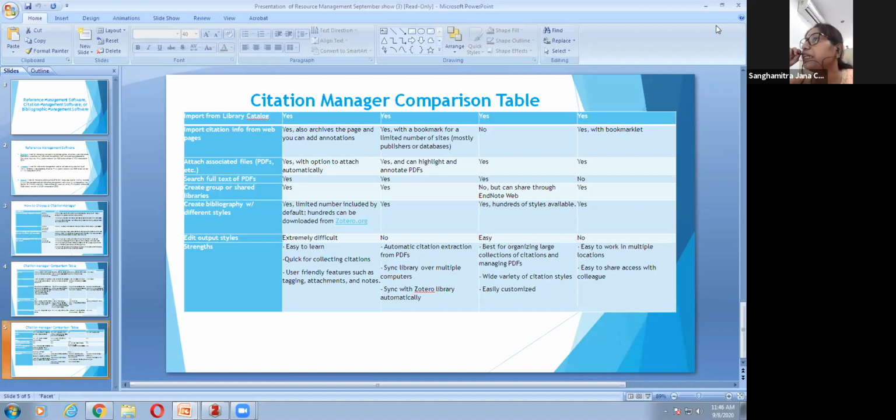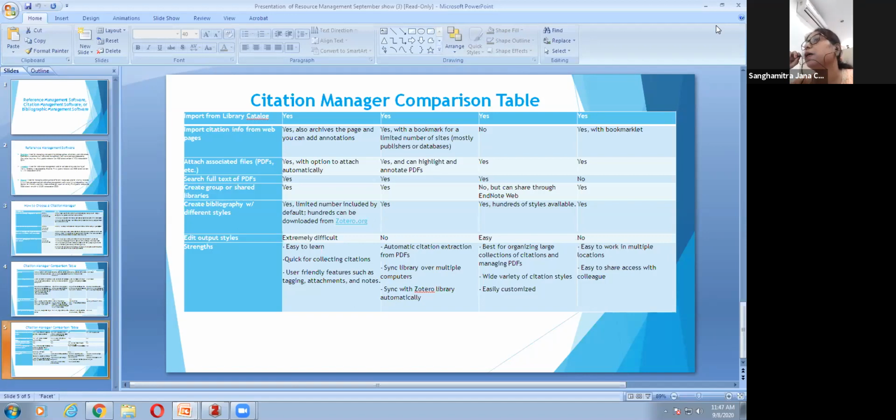Attach associated files like PDF, etc.: option to attach automatically. For Mendeley, you can highlight and annotate PDFs, and for EndNote and EndNote Web, you can search the full text of the PDFs. It is yes for most of them, but no for EndNote Web.